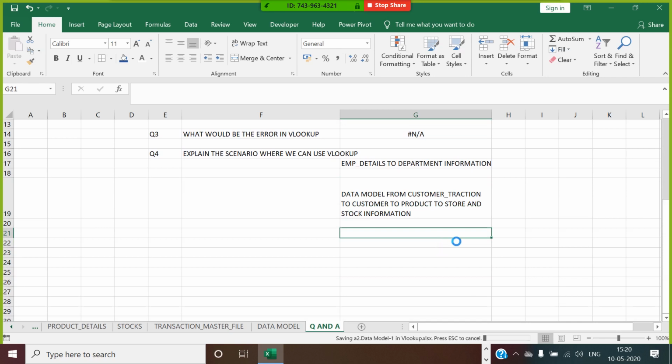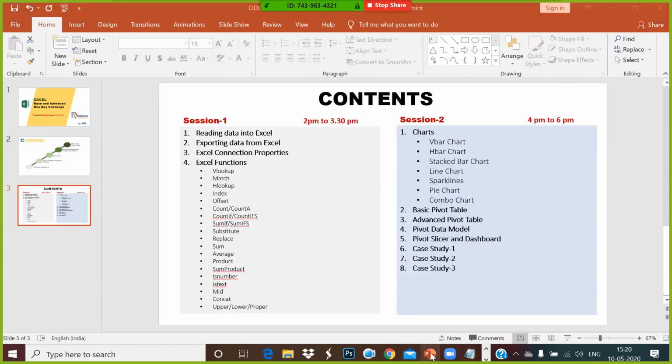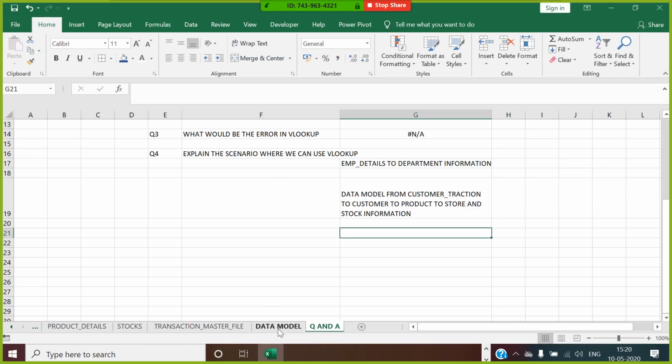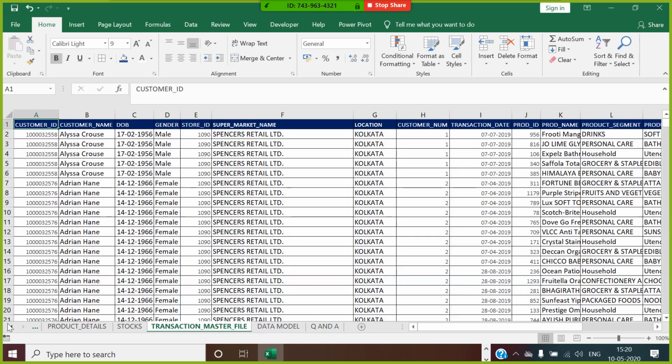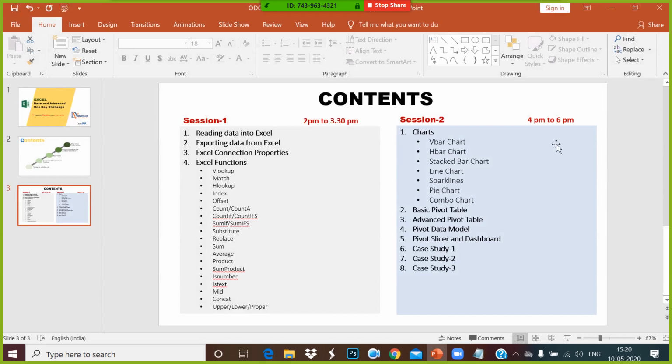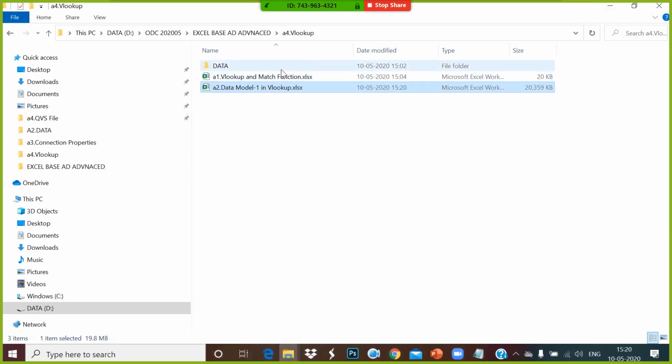So now we have completed VLOOKUP with the match function. Now we'll go for HLOOKUP, index and offset functions. So let me do that. We'll do HLOOKUP, index and offset functions together in one Excel file.